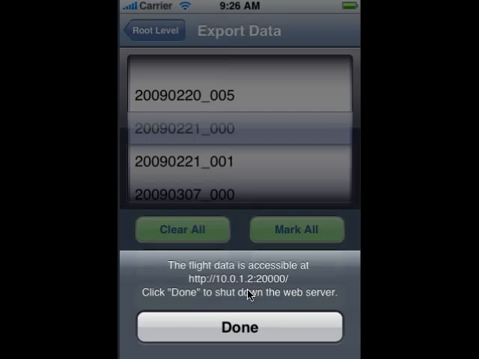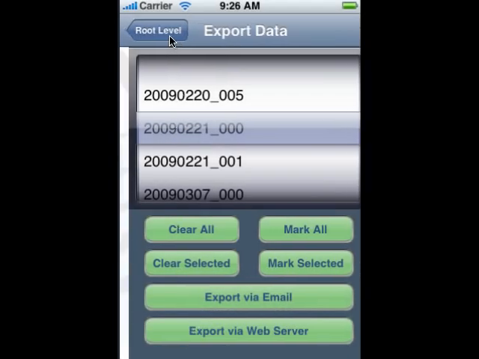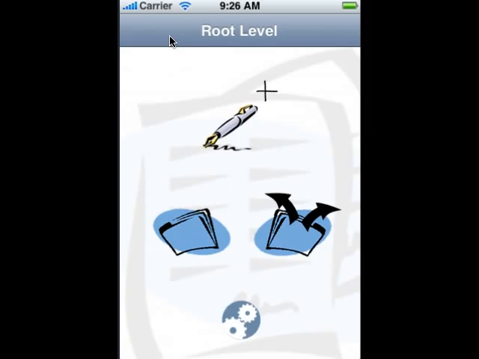If this came up something like all zeros, that would mean that for some reason the phone wasn't able to get an IP address on your wireless network, and you'd want to check into the settings of your wireless network router. As long as the web server is running, we have this little thing up here with the done button. When you're all done and you've finished exporting the data to your home computer, then you can hit done, and you'll go back here and you can go back out to the main page and continue using the program to